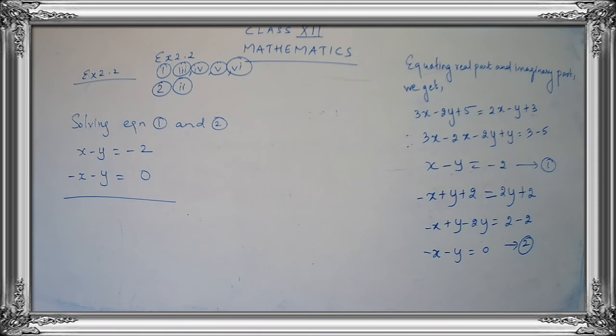Do not wait for anyone. You have to try the sum by yourself so that you will be clear in your concept. Try out. Find out the value for x. Once you get the value for x, you can just put the value in any one of the equations and you may get the value for y. So try to get the value for x and y.